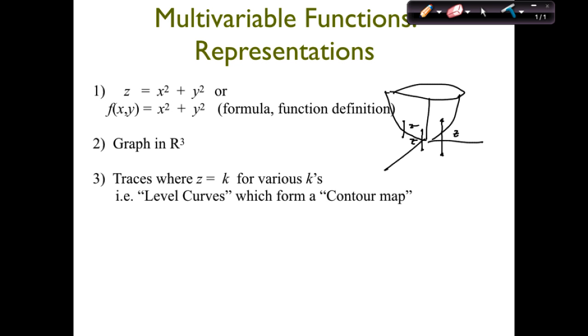Next one is traces, where z equals k. Remember we said these were level curves. When you do traces, you let z be different constant values, and then you graph what you get in the xy plane. If you do that many times, you get what's called a contour map. So for x squared plus y squared,